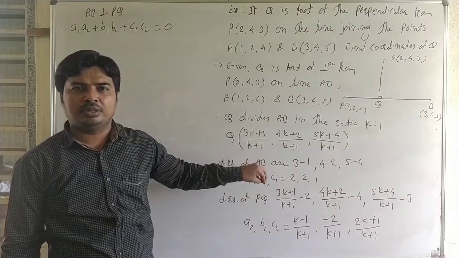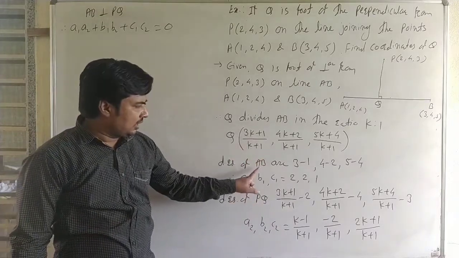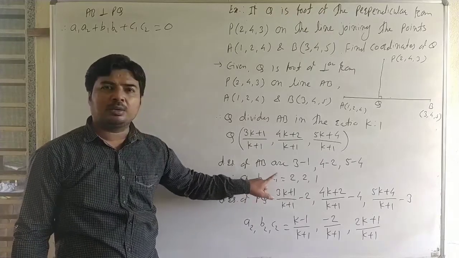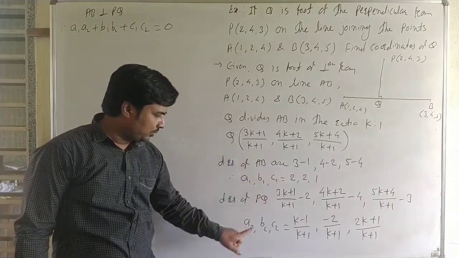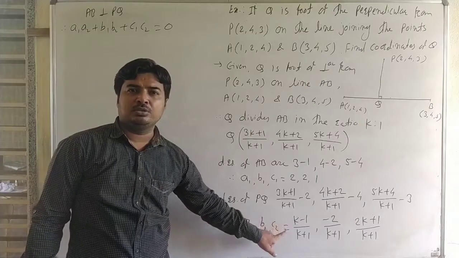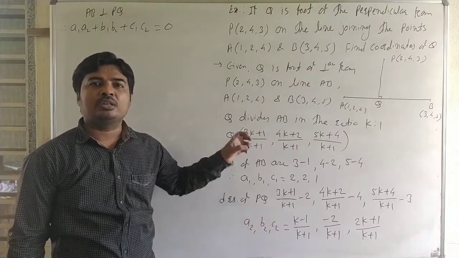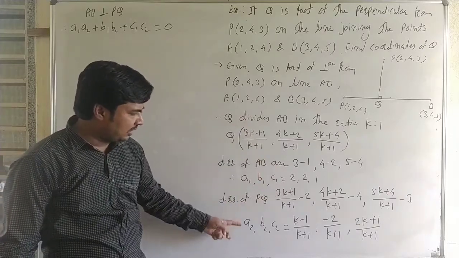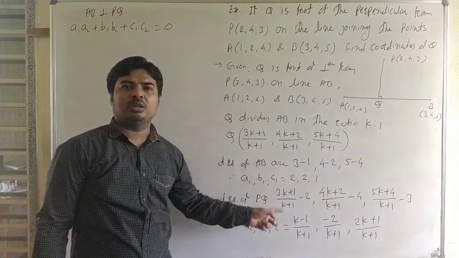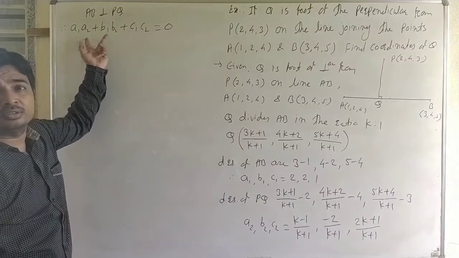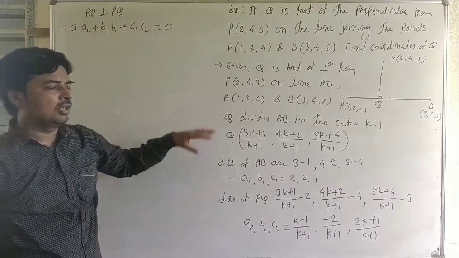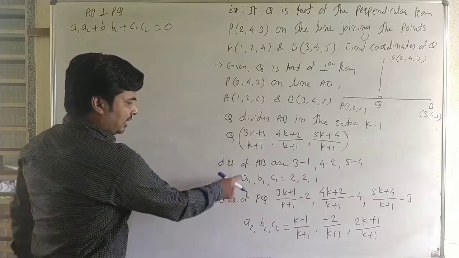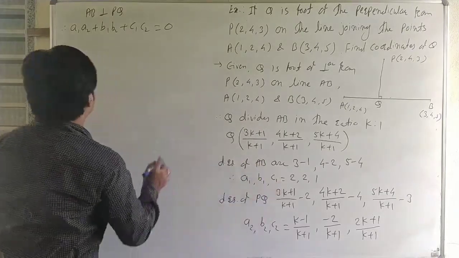If you use the vector method, the same result comes. Vector AB has direction ratios, so the vector would be a1 i cap plus b1 j cap plus c1 k cap. Vector PQ is a2 i cap plus b2 j cap plus c2 k cap. And then two vectors are perpendicular, means their dot product is 0, and dot product is 0 means multiplication of the corresponding components. The concept is the same; you can use the vector concept or direction ratios, either works. Okay, now we put all values from this.